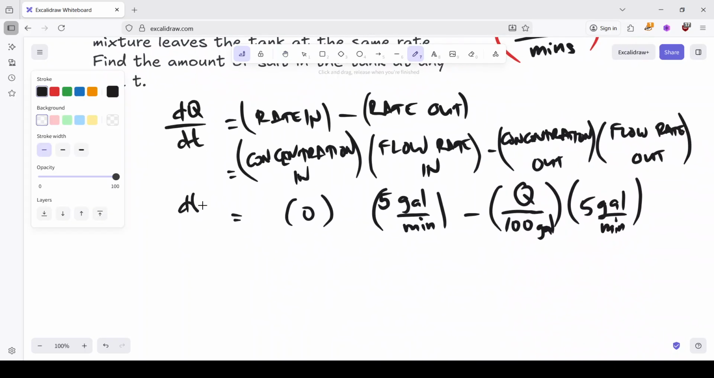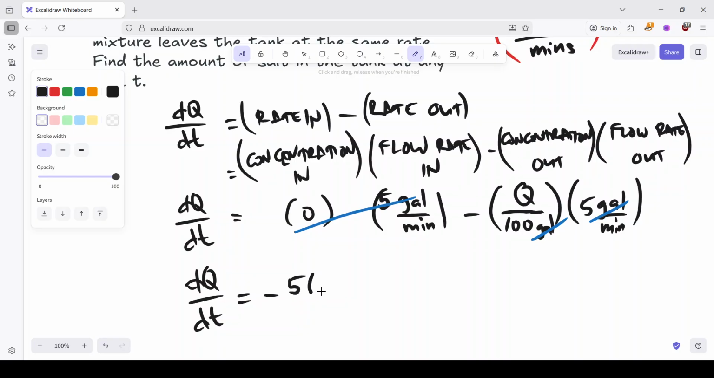Again, dQ over dt is equal to concentration in, 0 because it is fresh water, times flow rate in, 5 gallons per minute, minus concentration out, Q, the amount of salt at any given time, divided by the volume of the tank, in this case 100 gallons, times flow rate going out, which is 5 gallons per minute. So the gallons will cancel. This one is 0, so 0 times 5 is 0. We will be left with dQ over dt is equal to